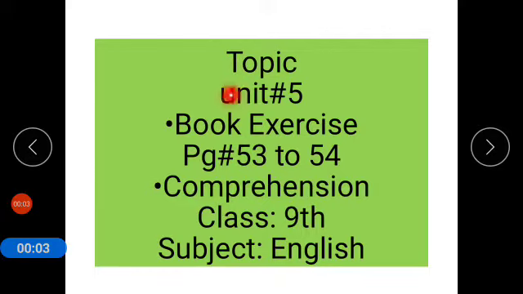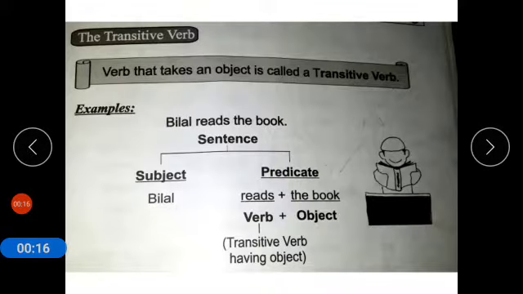Today's topic is unit number 5, book exercise. Today we will do book exercise page 53 to 54 along with comprehension of the text, class 9, subject English. So first of all,